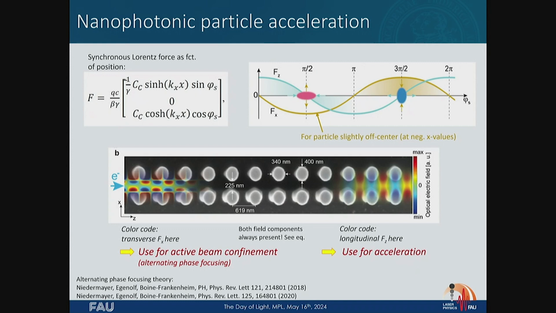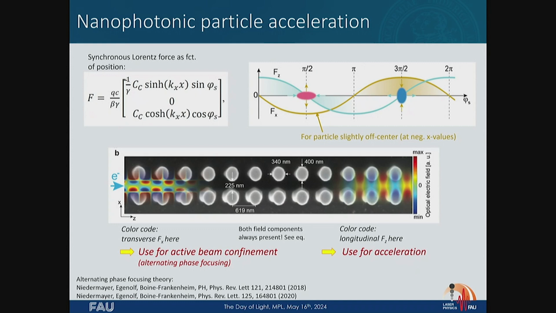Unfortunately, here you have a force that drives a particle that is slightly below the center line further away. So this transverse force is exactly at a phase where you don't want to be, because it basically just decollimates your beam and makes the electron crash into the structure. So from the transverse force perspective, you want to be somewhere here, because when a particle is slightly below the center line, it experiences a force back towards the center line. So from the transverse perspective, you want to be here. From the acceleration perspective, you want to be here.